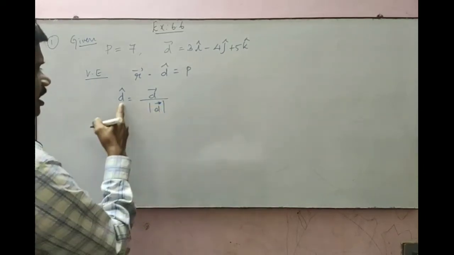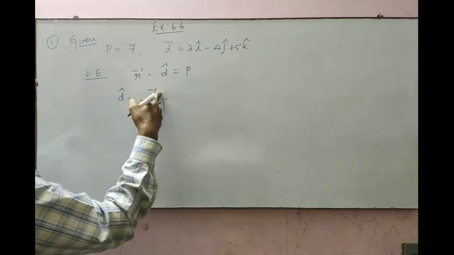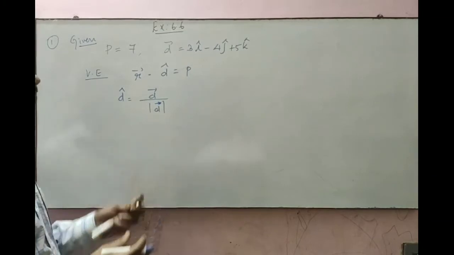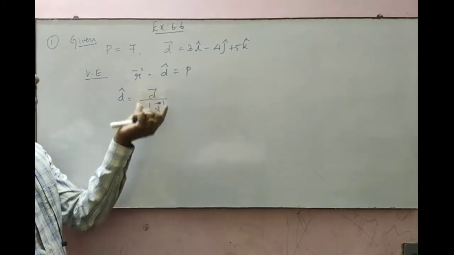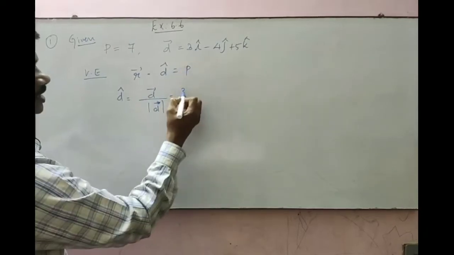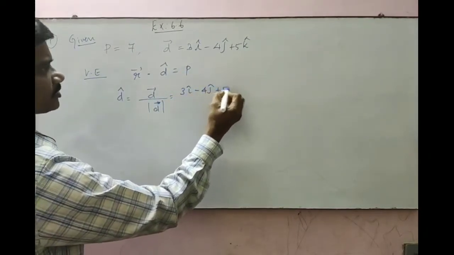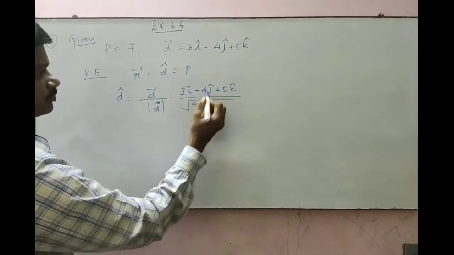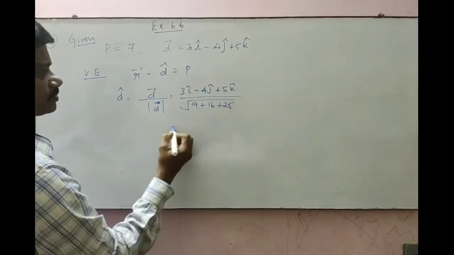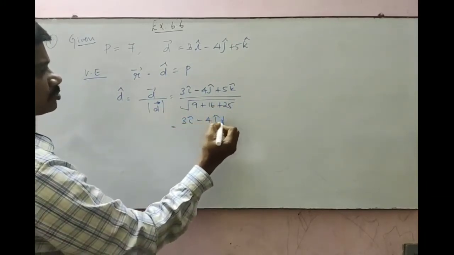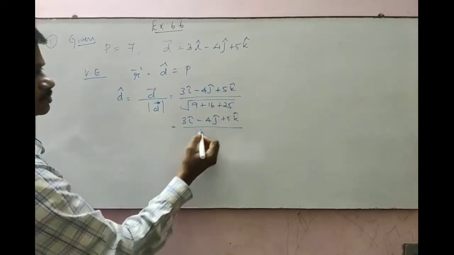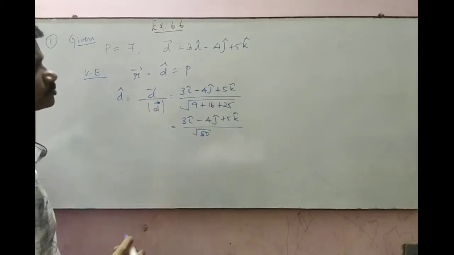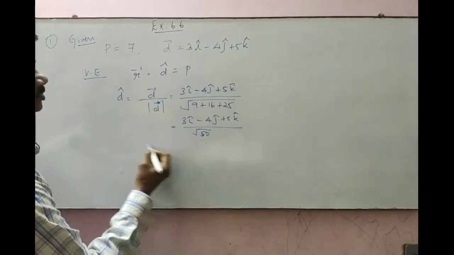For any vector you have to find the cap vector, means you have to write the vector in the numerator and you have to write the modulus of that vector in the denominator. ஒரு வெக்டார் உடைய கேப் வெக்டார் எழுதணும் அப்படின்னா வெக்டார் பை இட்ஸ் மாடுலஸ். So இந்த வெக்டார்ன்றது 3i cap minus 4j cap plus 5k cap by modulus of this vector is 3 square is 9, 4 square gives 16, 5 square 25. So 3i minus 4j plus 5k by root 50. Okay, this is d cap.